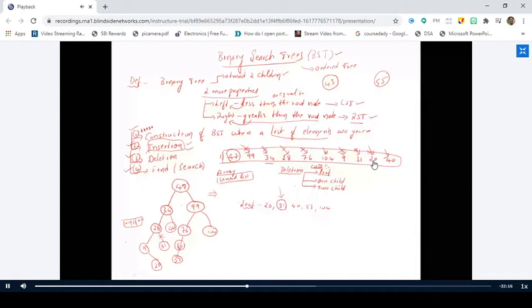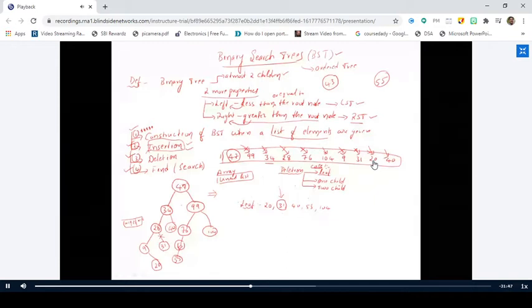So whenever a node has null in both the left and right parts, it is considered a leaf node. This is how you identify whether a node is a leaf or not, right? By looking at this diagram, as a human being, you can simply say that 31 is the leaf node. But programmatically, when you give instructions to the computer, you should make the computer understand that 31 is a leaf node.